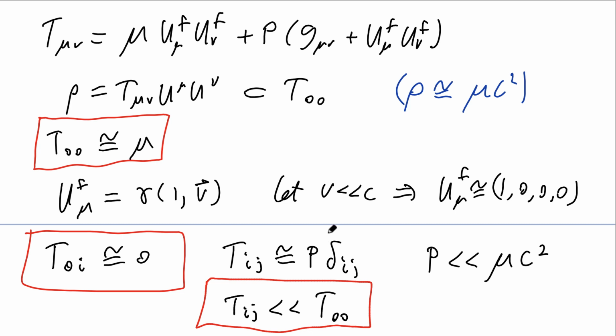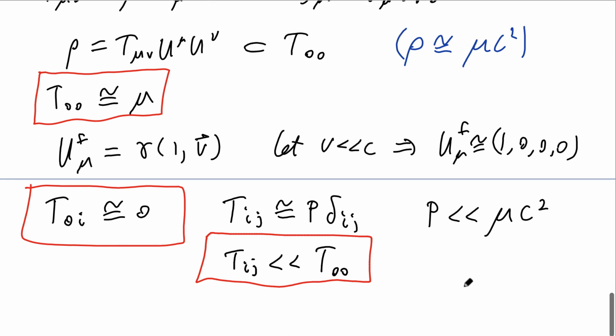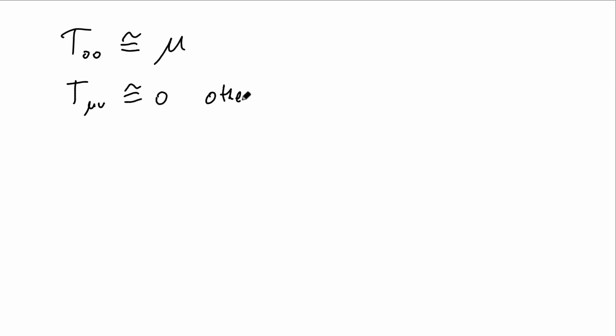And now if we put this together, we see that for ordinary matter with velocities much less than c and pressure much less than the energy density, the stress energy momentum tensor satisfies T00 is approximately mu, and all of the other components are approximately 0. So the stress energy momentum tensor is dominated by this 0,0 component, which contains the rest mass or rest energy